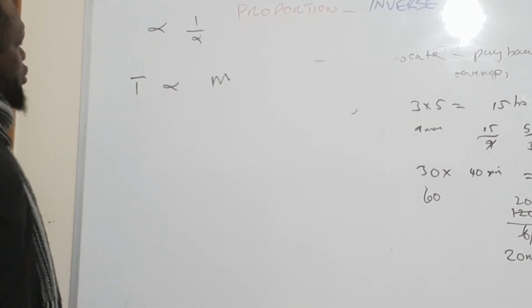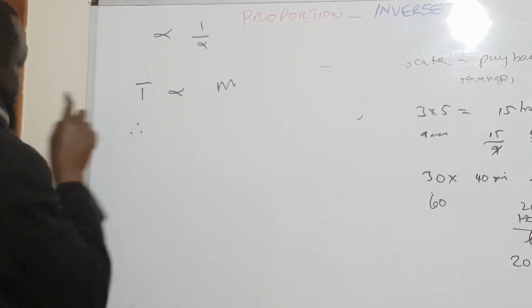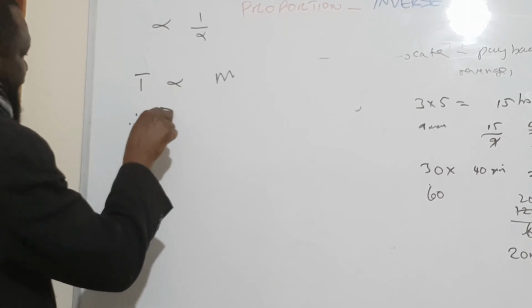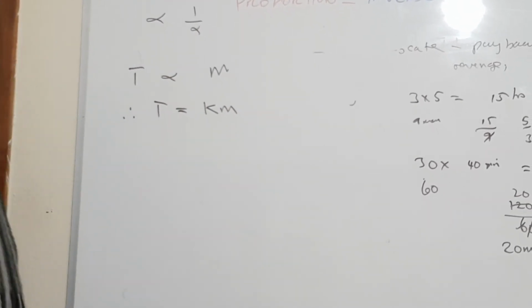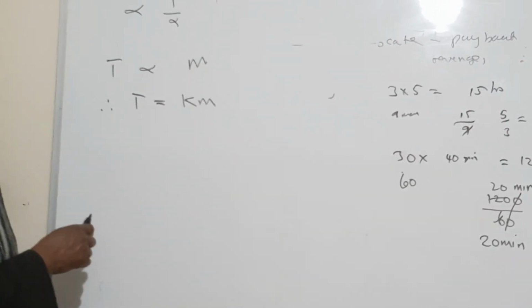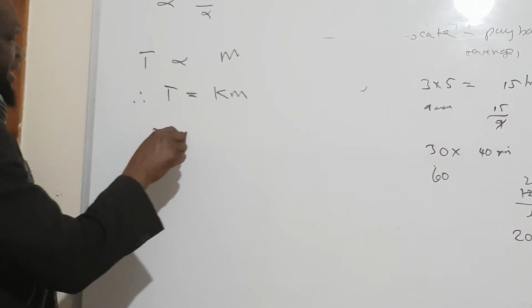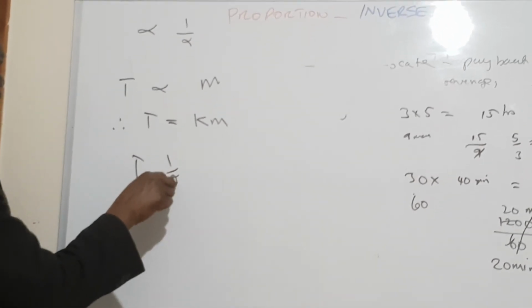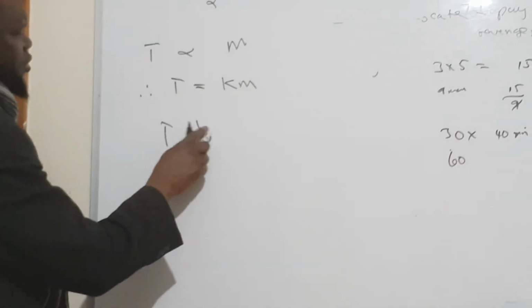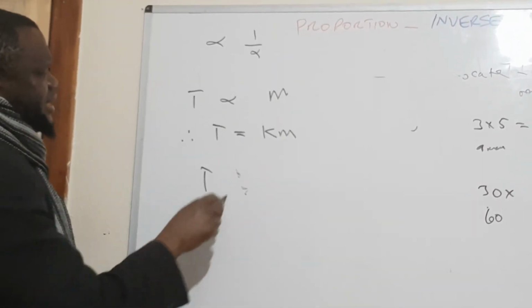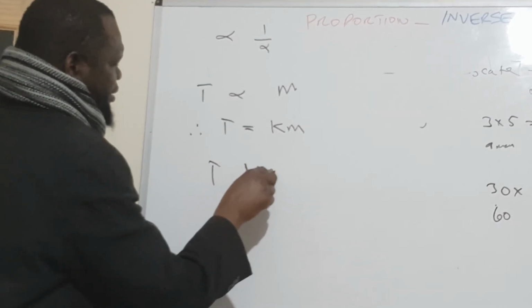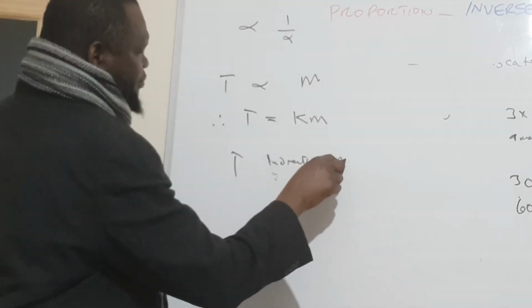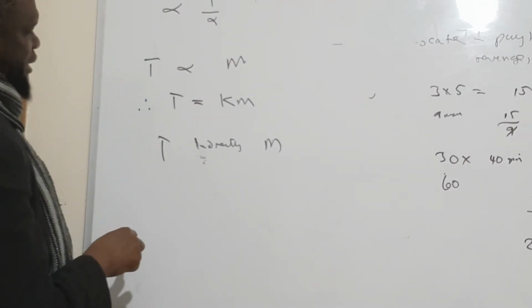If it's directly proportional, then T will be equal to a constant K, which we don't know, times M. Now if we say T is inversely proportional to M,